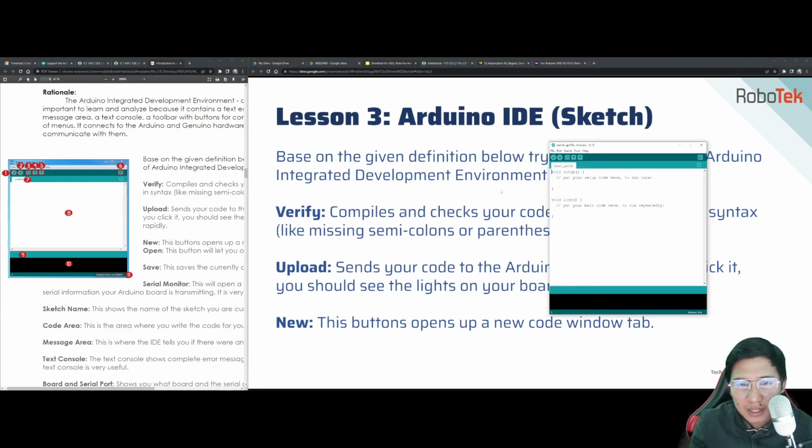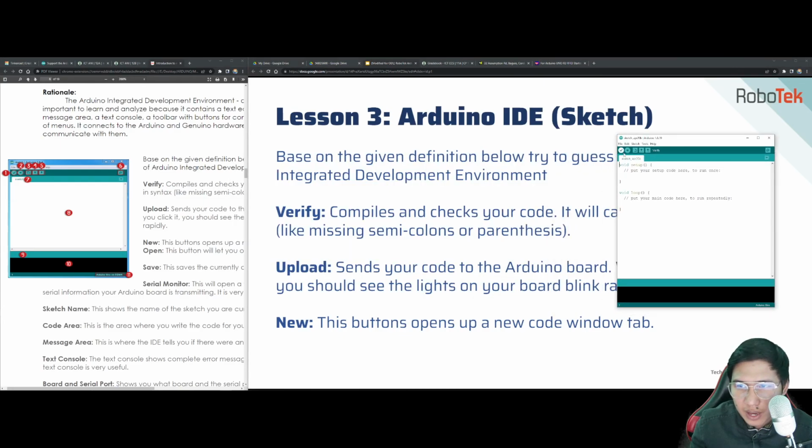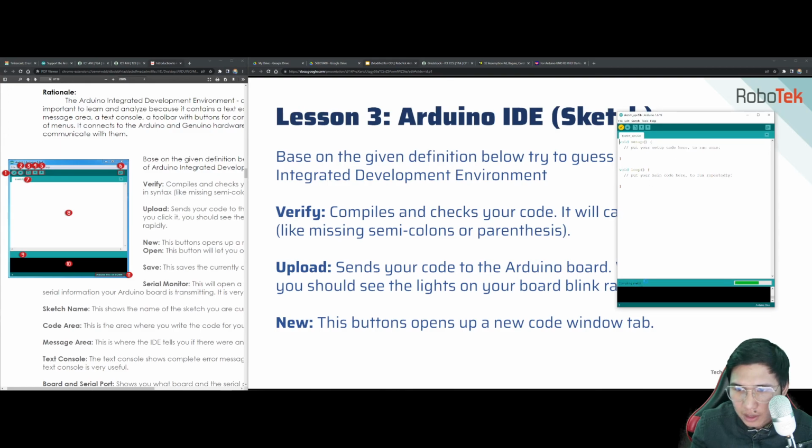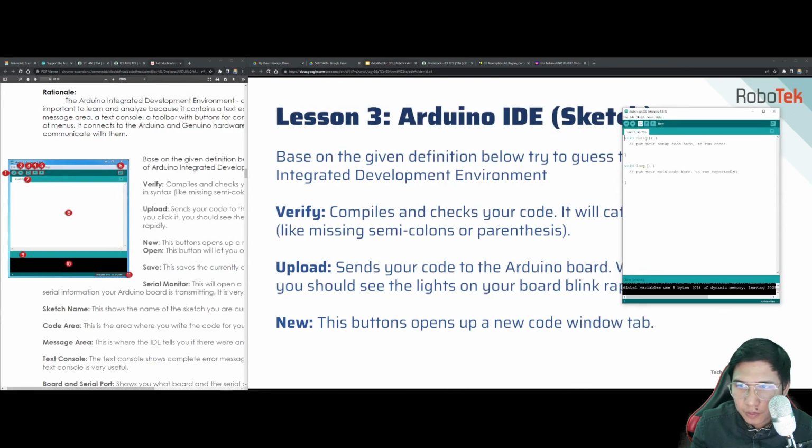Yan. So, going back, this is where you verify. Kapag nakapag-code ka na, you will check. It will compile the sketch. Tapos, i-check niya kung may error ba yung code. Now, kung walang error yung code, you will click on the upload button, itong may arrow na nakaturo sa right side. It will upload. Automatic niya kasing i-upload